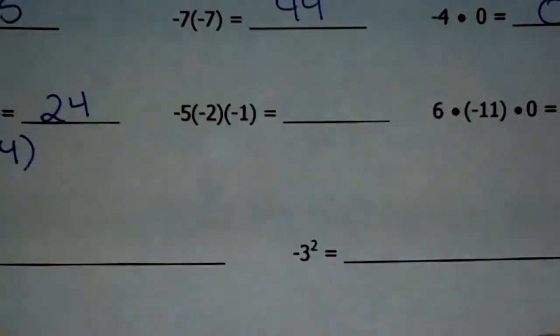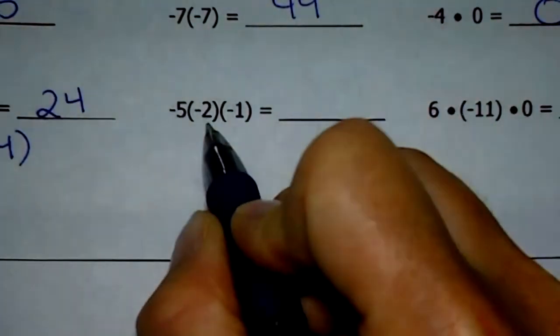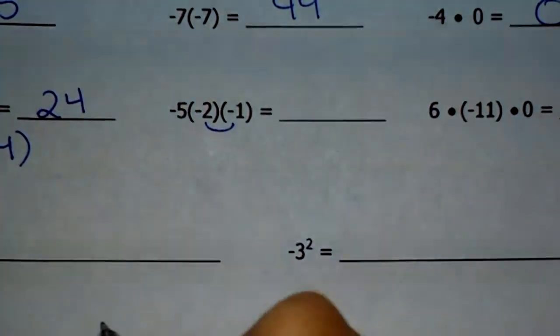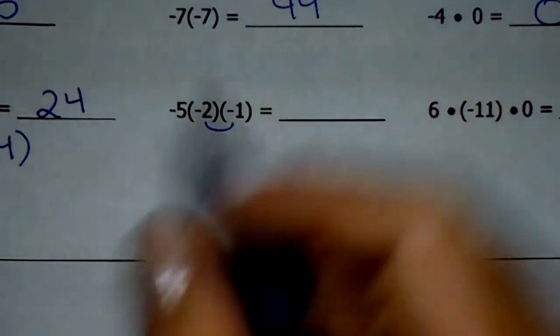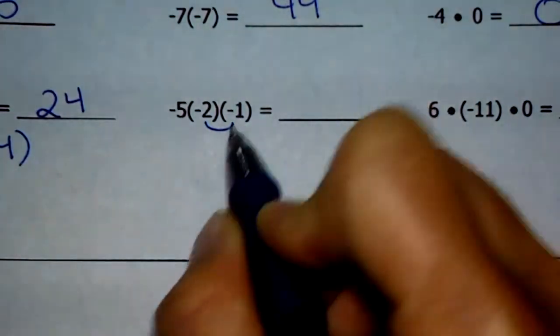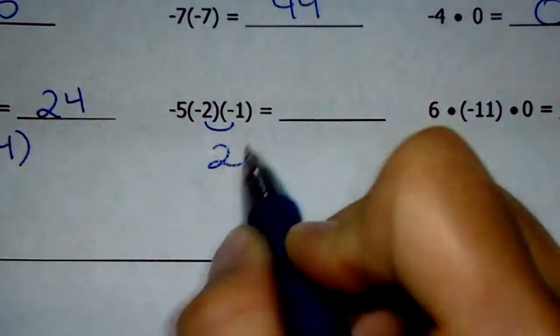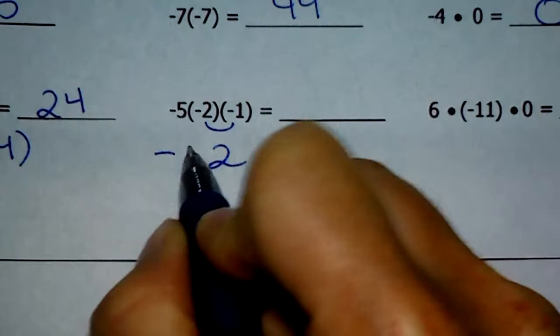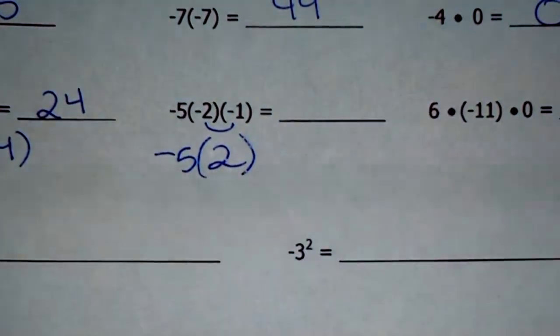Next one here. This time, why not? I'll multiply these 2 first, because I can, because I like the associative property. Negative 2 multiplied by negative 1, that's a positive 2. Same signs, it's positive. I still need to multiply that negative 5 by the positive 2, so you'll get a